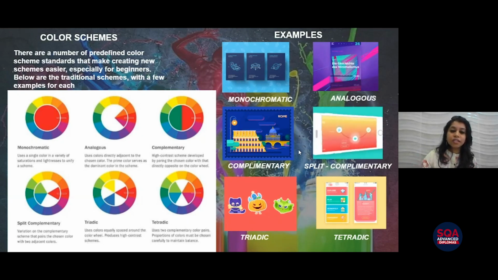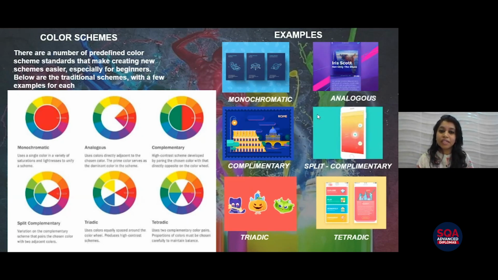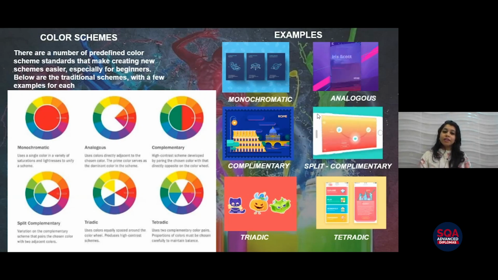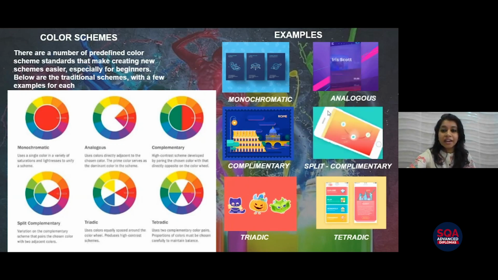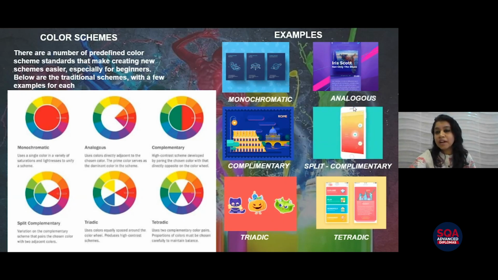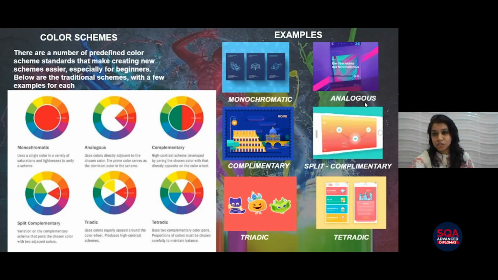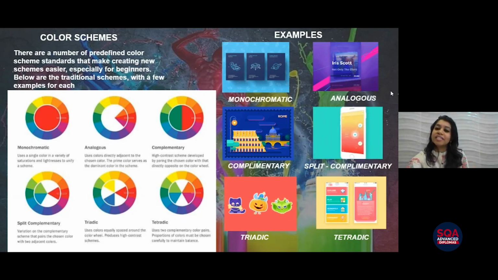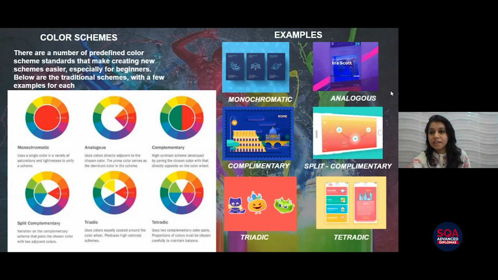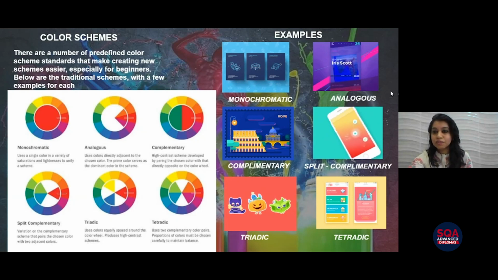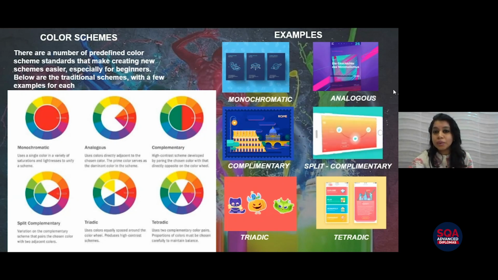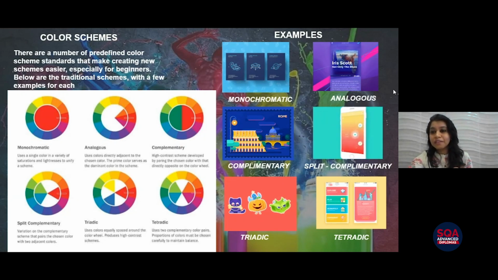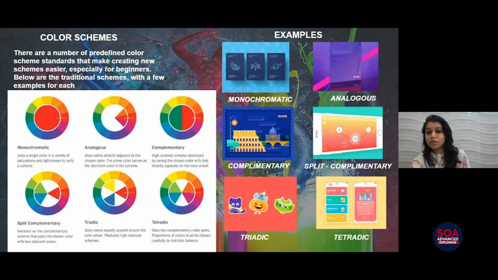If you see here, I've shown examples of the different types of color schemes, starting with the monochromatic color scheme. Here, it's just the choice of one color which is picked up, which is the blue color. Then you have the analogous color scheme. In the analogous, there is a mixture of purple, blue, and a slightly pinkish color. This is one example which was done for a website. The text also stands out and it is not too loud, which makes it a very good combination to be noticed.